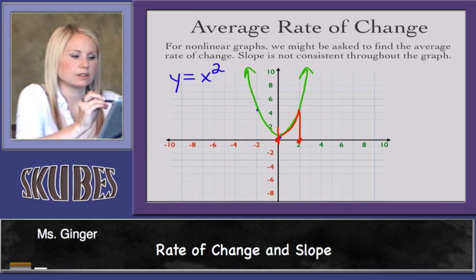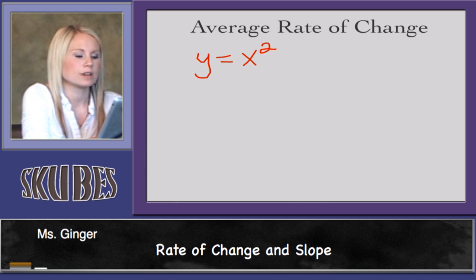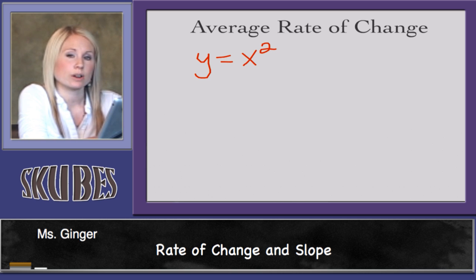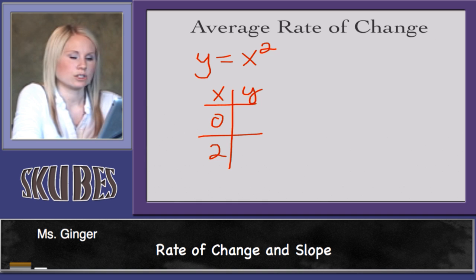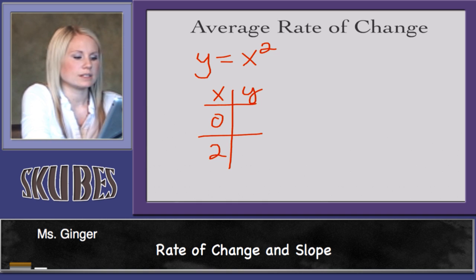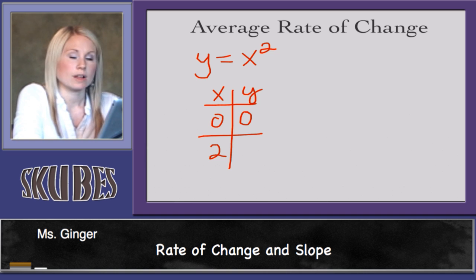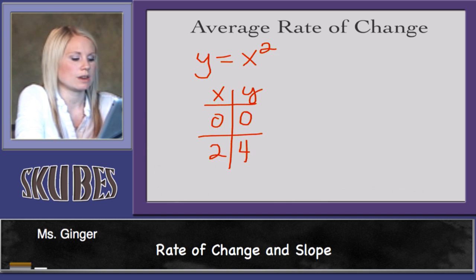So y equals x squared is our function for this picture. Remember, we're finding the average rate of change from 0 to 2. So let's create ourselves a little chart. We're going to test 0 and 2 to get our matching y's here. So if I plug in a 0 to this function, I'm going to have y equals 0 squared, which is 0. And if I plug in a 2, I'm going to have y equals 2 squared, which is 4. So here are my